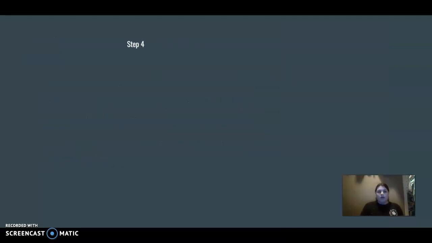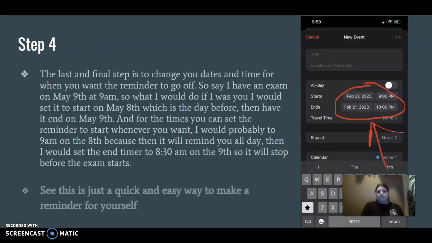The fourth and final step is to set it to what date and time you want the alarm to go off, and set the date and time for it to end. So what I would do is set it to go off a day or two before you have your tests, and set it early in the morning, and then have it end the day of the test,